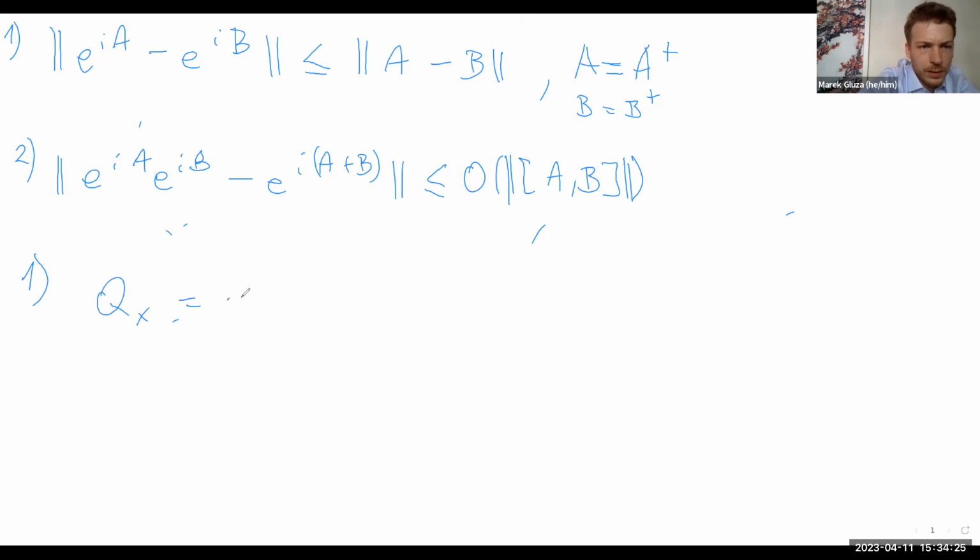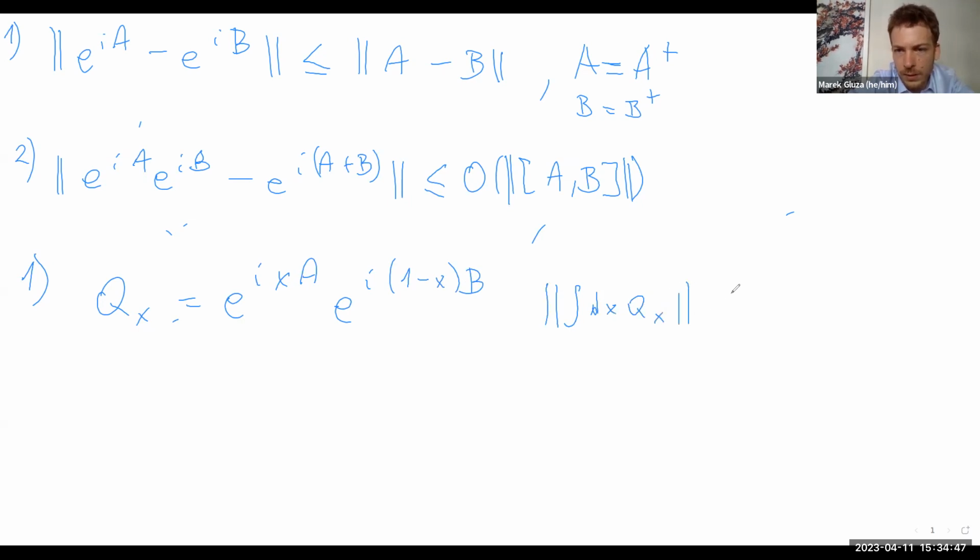Qx was kind of interpolating between A and then I(1 minus x) B. Okay, so we were taking this, and then we had the integral of dx Qx, and then it was useful to, here we had the derivative from 0 to 1,